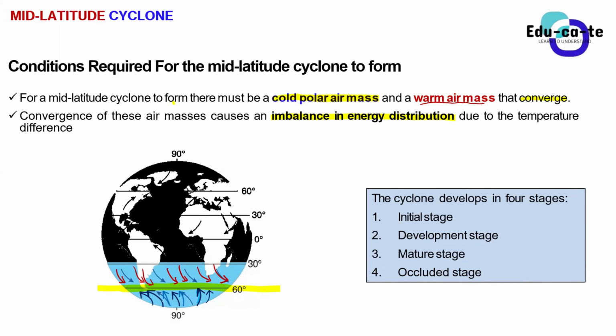So basically, if you guys hear of heavy rainfall, or you hear of immense weather conditions, or you hear that there's a wind that has destroyed places in KZN, sometimes it's a tropical cyclone, sometimes it's a mid-latitude cyclone. Okay, so basically it causes harsh weather conditions, but we'll get to that later on. But for this cyclone to develop, we say that we require 4 stages. There are 4 stages in the development of a mid-latitude cyclone. The first one is the initial stage. The second one is the development stage. The third one is the mature stage. And then the last one is the occluded stage.